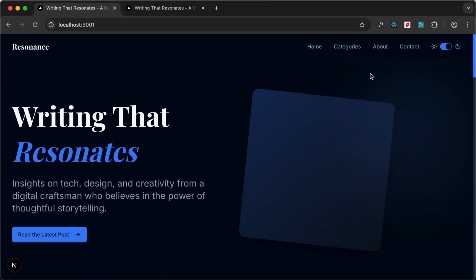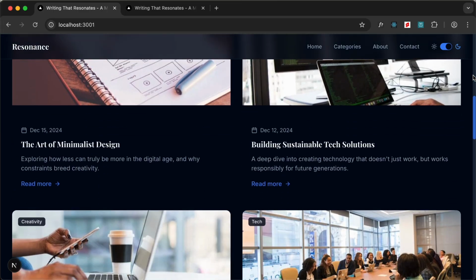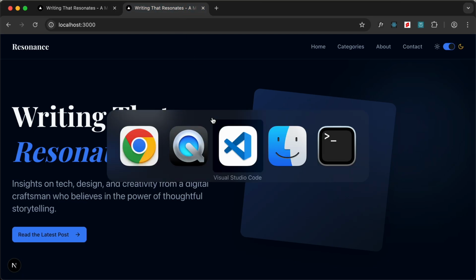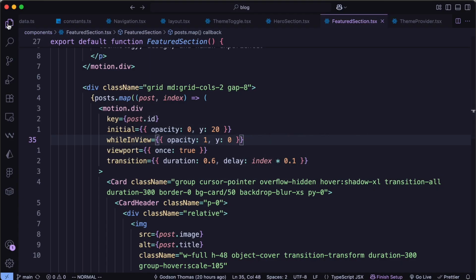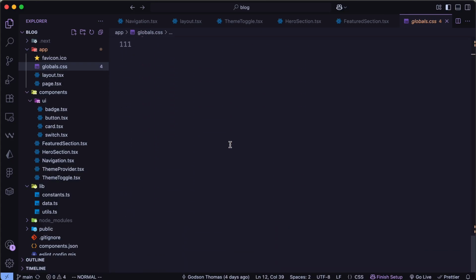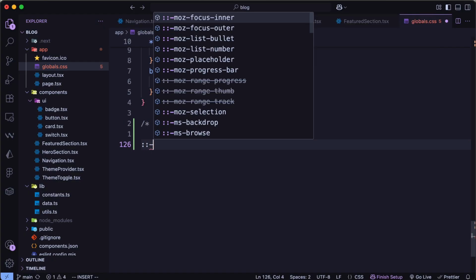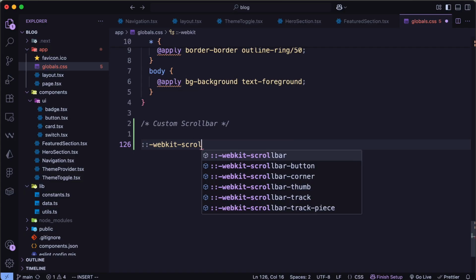the right side. So here we can see that matching the colors of our website, we have the same color over here on the right side for the scroll bar. So let's do the same thing in our website. So let's go back to the globals.css file and let's scroll down, and here let's go ahead and create a comment. I'll just type custom scroll bar, and here let's go ahead and type ::-webkit-scrollbar, and